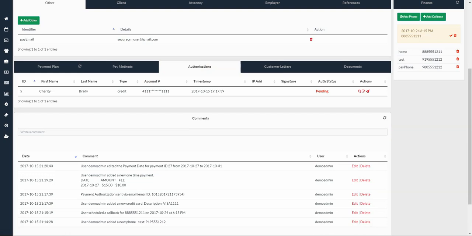And I'm just going to sign it. The customer will get an email with a link to their authorization form. The authorization form will give them the disclaimers, their authorization, their payment method, and any payments that we have on file, if we have anything on file, and they would be able to submit the authorization. And once it's submitted,